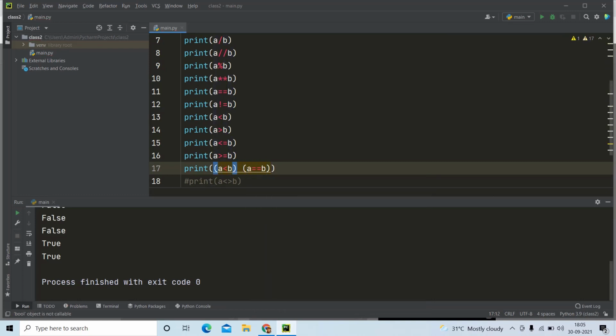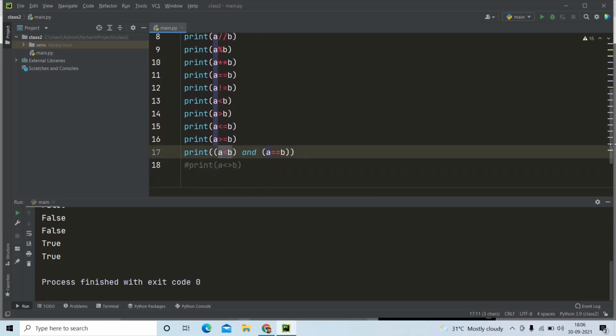Now if I am going to make an AND operator between these two conditions, it will check whether A is lesser than B. Is it true or false? Because now our A and B have the same value, 10 and 10, A is lesser than B will show false here, and the other condition, A equal to B, is true here. But since we have put the AND operation, AND will return true only if both the conditions are true. So if we run and see this program, it will return false because both the conditions are not true. Only one condition is true.